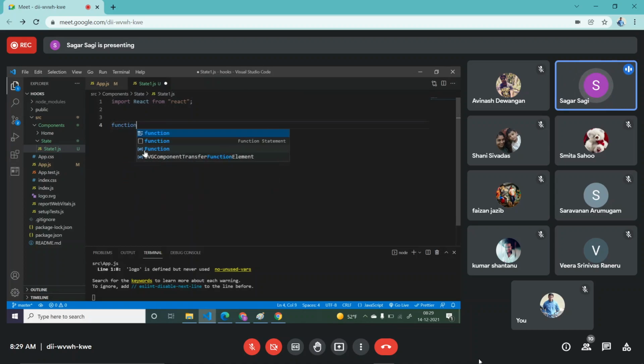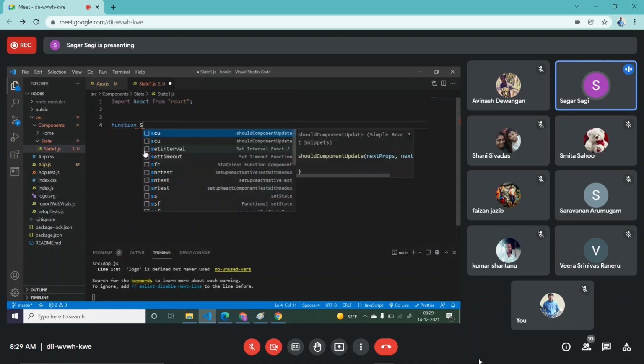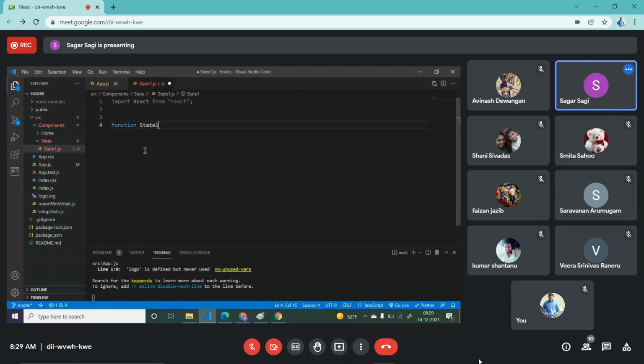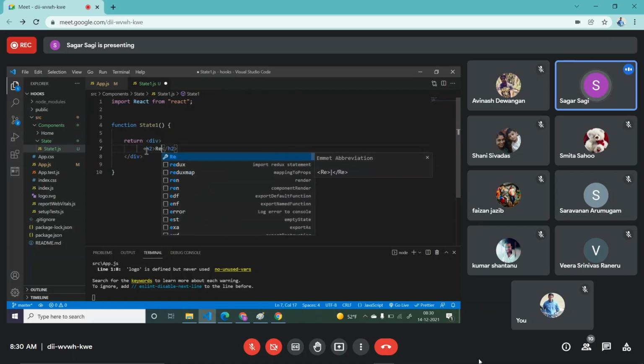Here I'm just saying state1. This is my component. Now here I want to create certain UI. So return first div. We should have one parent container. We have a div. Now inside this div, I am just taking h2 and I'm saying something called use state hook.